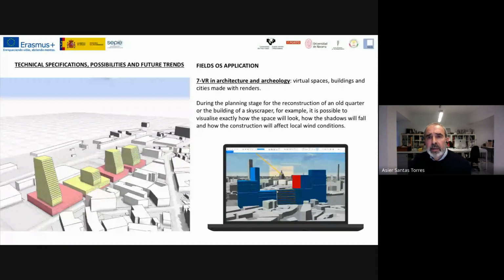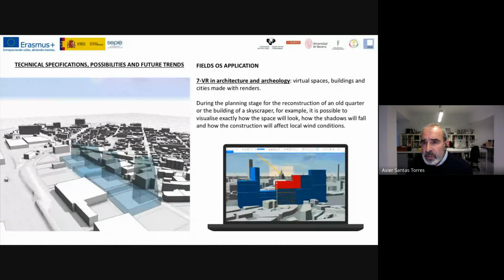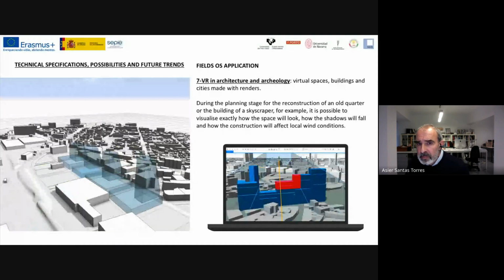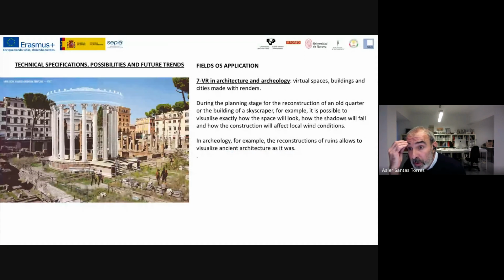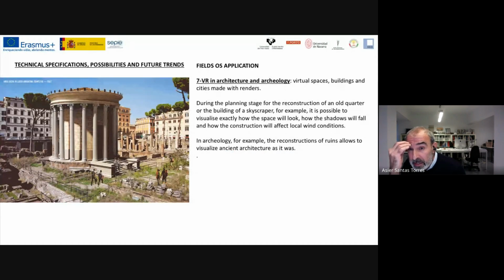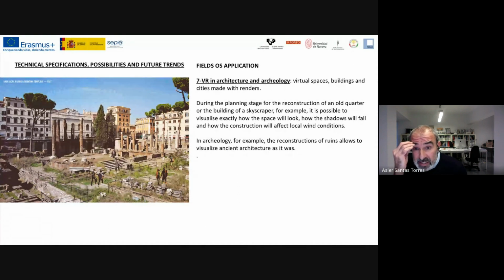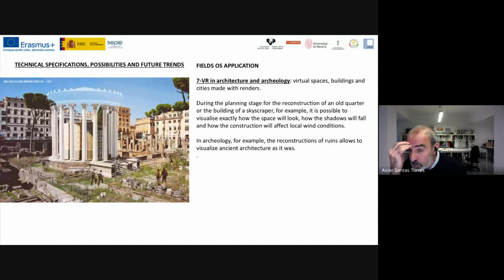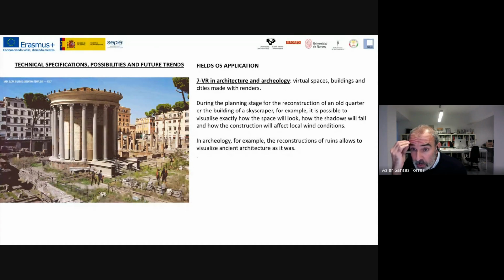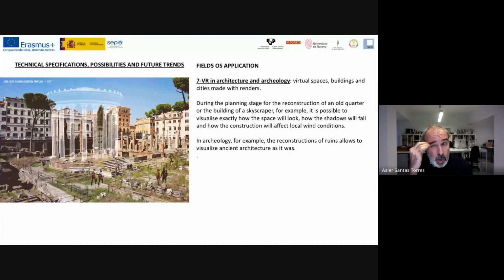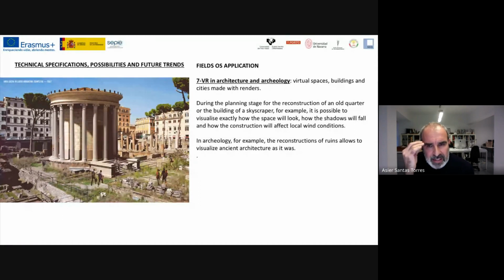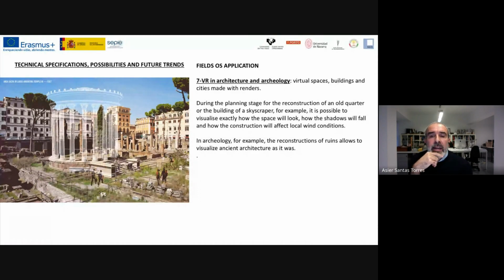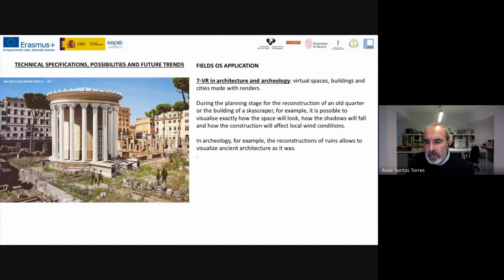Of course, virtual reality can be used in architecture and archaeology. Virtual spaces, buildings, and cities made with renders. During the planning stage for the reconstruction of an old quarter or the building of a skyscraper, for example, it is possible to visualize exactly how the space will look, how the shadows will fall, and how the construction will affect local wind conditions. Tomorrow we will see how we can check these conditions with programs very easily, as for example the SketchUp program. In archaeology, for example, as we have seen, we can rebuild ruins